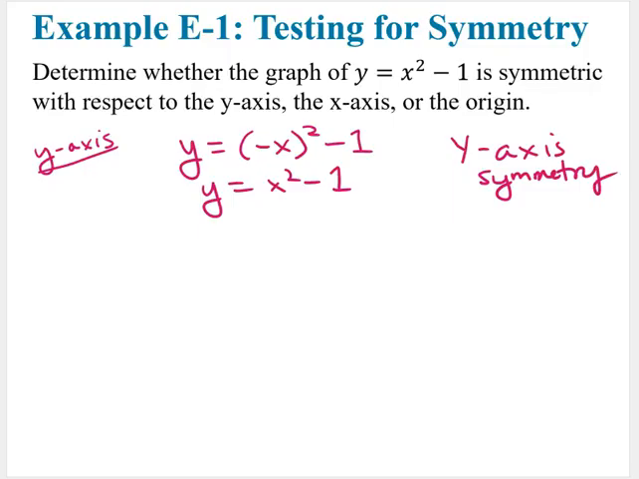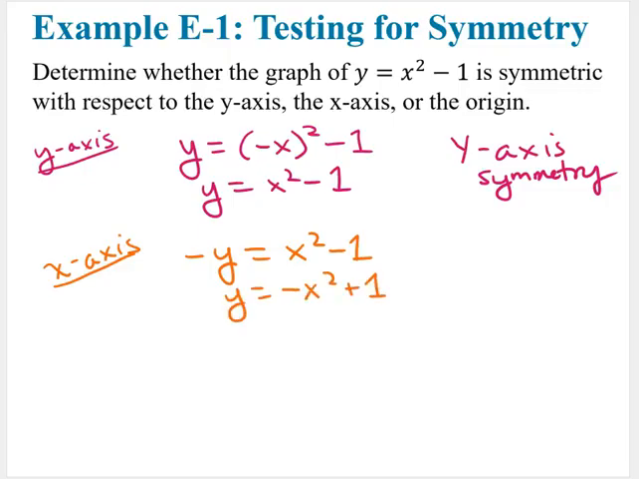All right, let's test for x-axis symmetry. If we're testing for x-axis symmetry, you're going to replace y with negative y. So the y would become negative and the x squared minus 1 part would stay the same. If I cleaned this up and solved for y, notice I don't get exactly the same equation. So this has no x-axis symmetry because we ended up getting back a completely different equation than the one we started with. And if you are testing for origin,